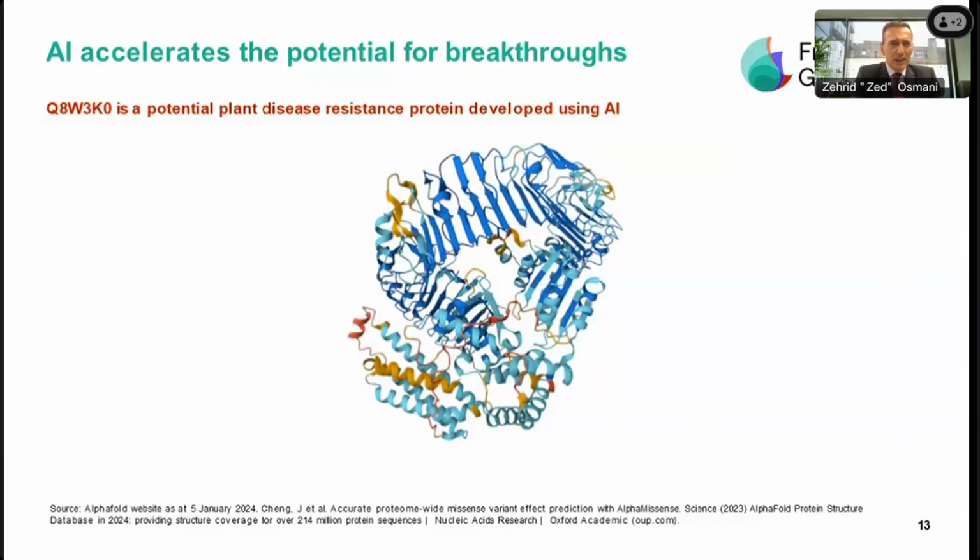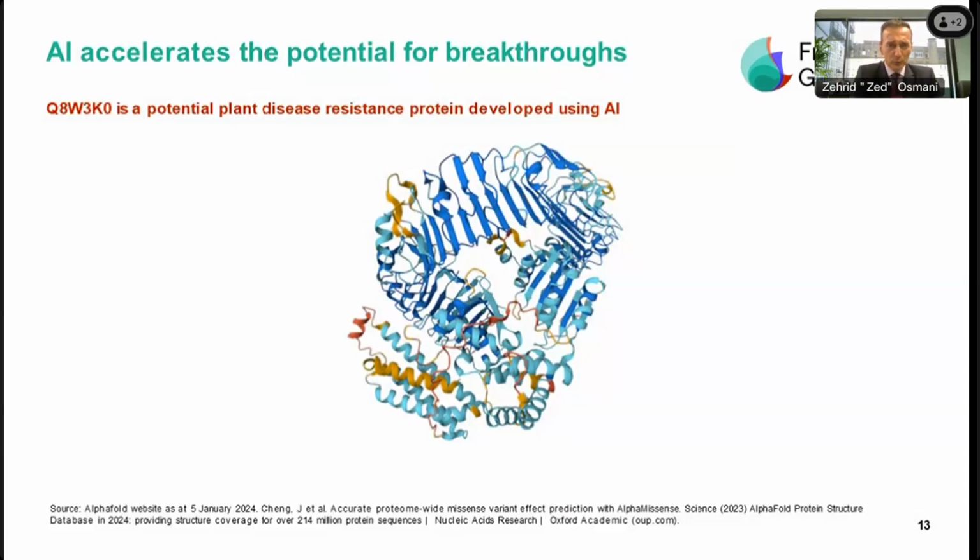And what we're highlighting with AI is that it has a potential to accelerate breakthroughs. In this instance, we're highlighting a protein. It's named at the top. It's an unusual name, but AlphaFold is a program run by Google, which identified in a matter of months all known proteins to mankind, which is about 214 million proteins known to mankind. And the excitement here is that typically it would take a PhD student the whole duration of their studies, so 5 years, to unfold one protein.